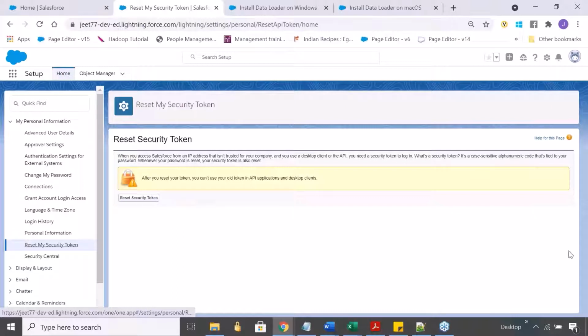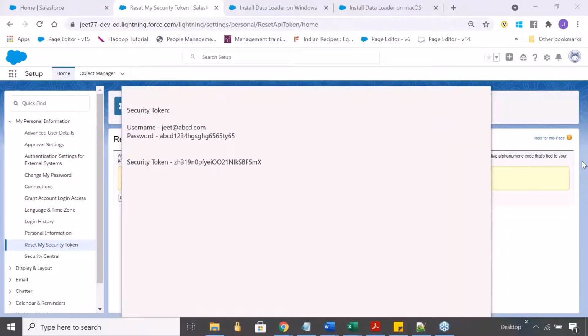Now let me show you how the security token looks in my case. Let me retrieve it and put it here. So this is the security token that I have got.